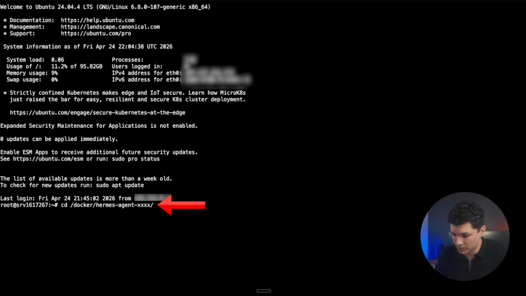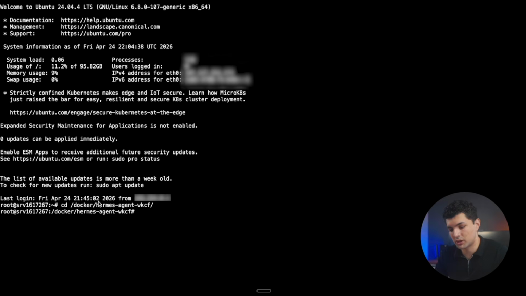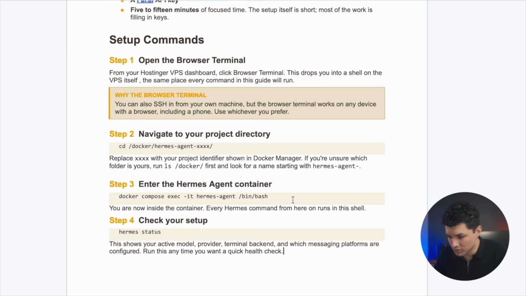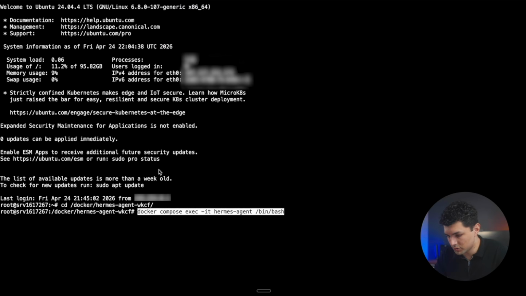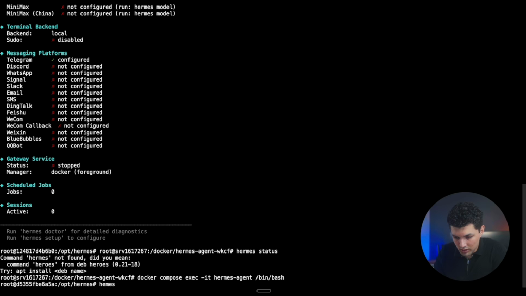What we want to do is just erase those, go back to our project, and copy our 4 letters from our agent. By clicking enter, that means we are working in the project file that the agent is in, and what we want to do now is enter the container. So what we want to do is copy this right here and paste it onto the terminal. So after typing in this right here, the docker compose exec -it hermes-agent /bin/bash, you will be working in the